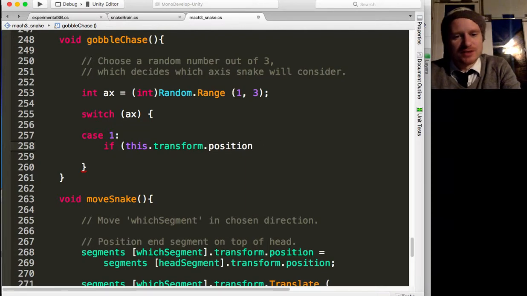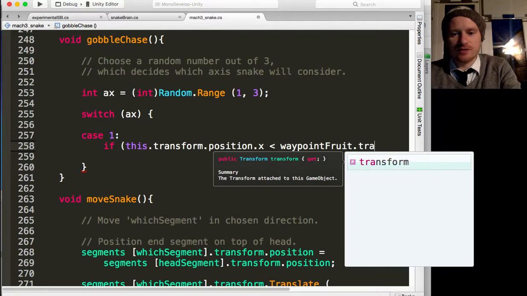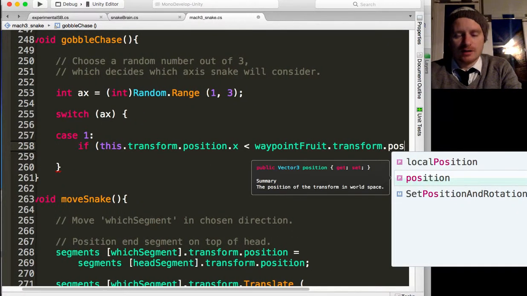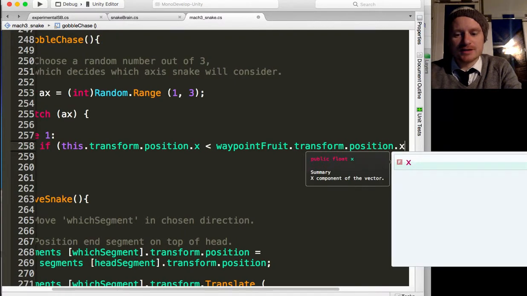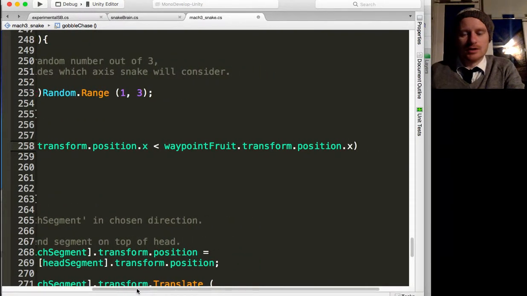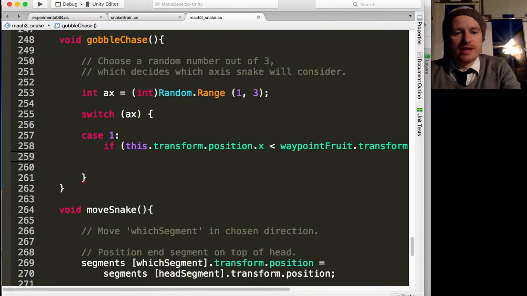If this transform position dot x is less than waypoint fruit position, is that transform dot position x, then